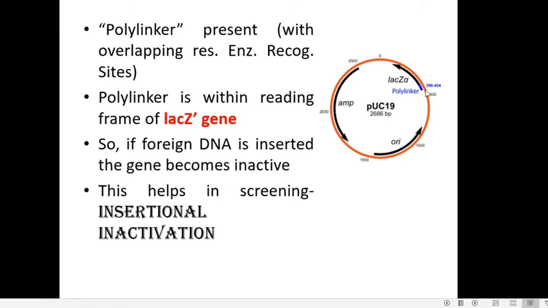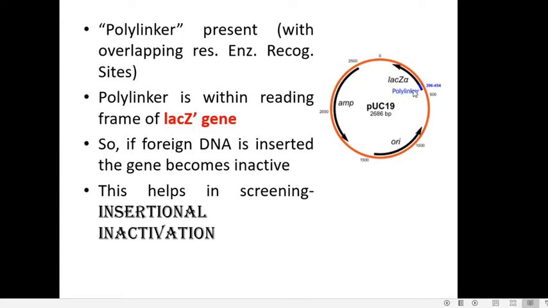That means the recognition site for EcoRI is overlapping with the recognition site for the next enzyme SmaI. Like that, all the cutting sites are present in this one region together as overlapping sequences, and this is called a polylinker, which means that any foreign gene cut with the help of any restriction enzyme is going to be